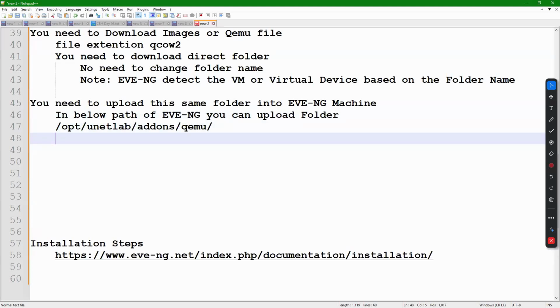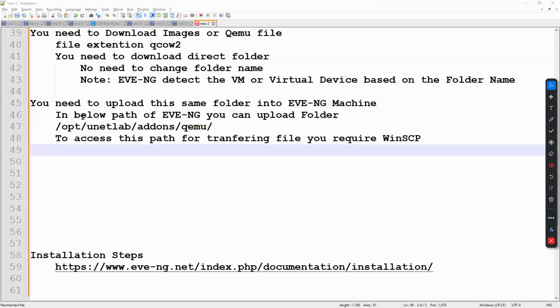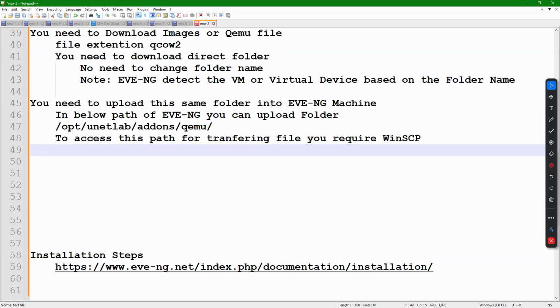For that you require WinSCP, to access this path for transferring files.